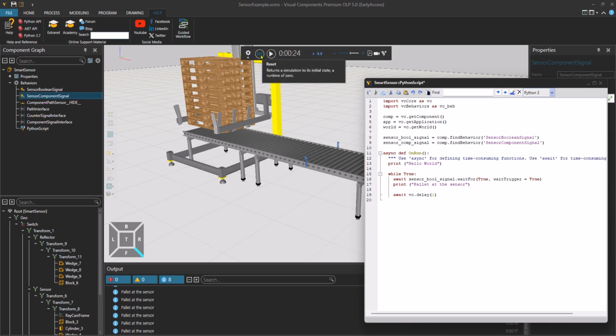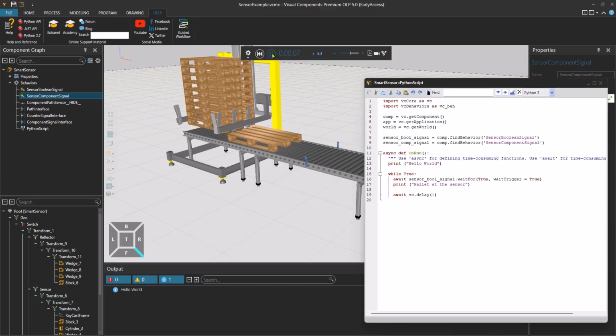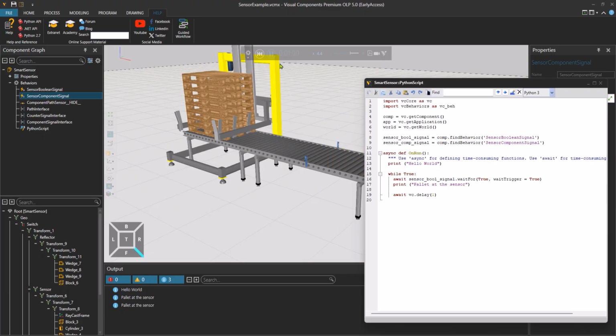We can now reset the simulation, which also compiles the script, clear the output, run the simulation. We notice that we got only one print from the sensor, and now we got the second. Now it works as planned.